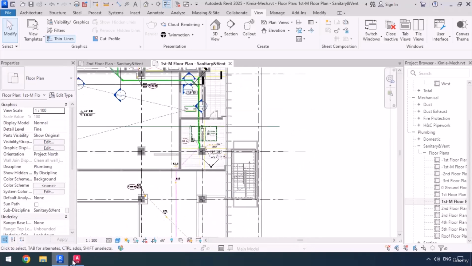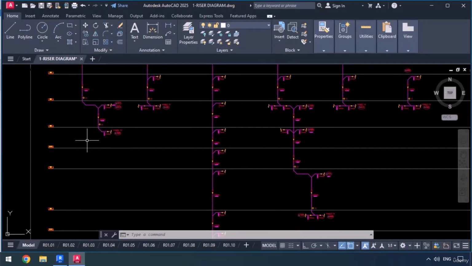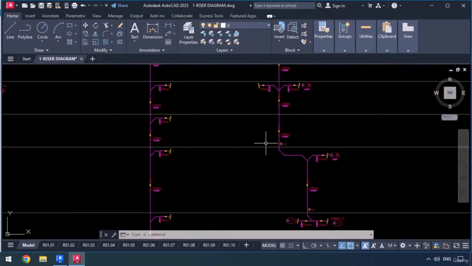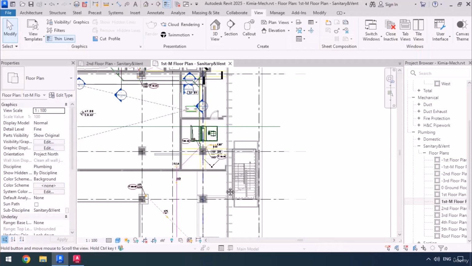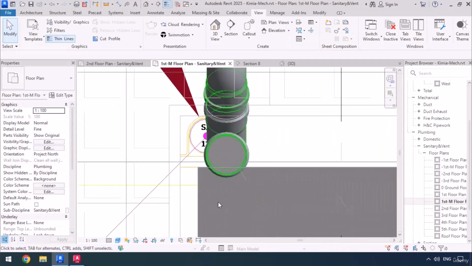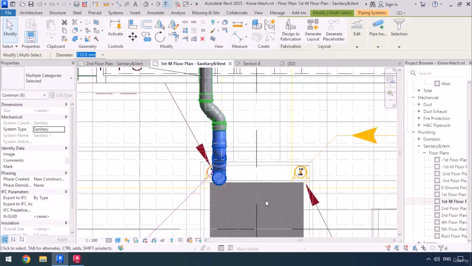If we also check that out in the riser diagram, we can see that the riser number 4 over in the first mid-floor has a change in direction and leads another way. Okay, so if I check around here in the first mid-floor, I can see that it's interfering a little bit with the column. So I'm just going to select all these fittings together, then move them back a little bit